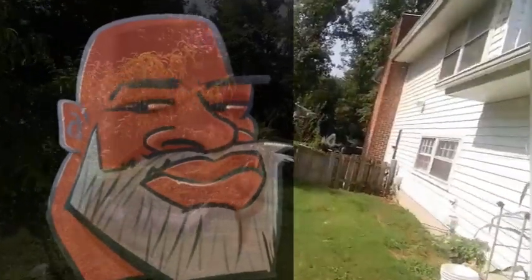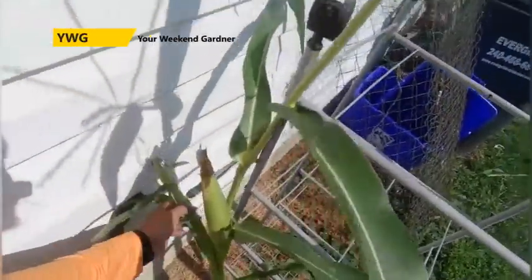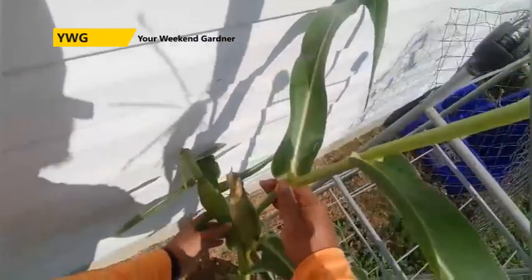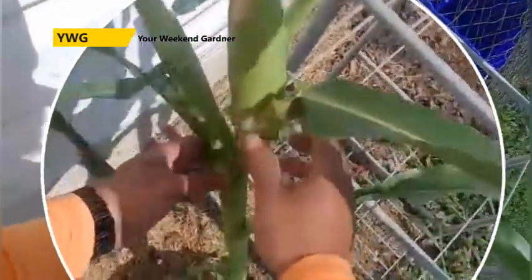Let's see, what is today? Today is August the 2nd, and I believe this corn is ready. Kind of got it propped up here. This one, I believe, is ready because one,